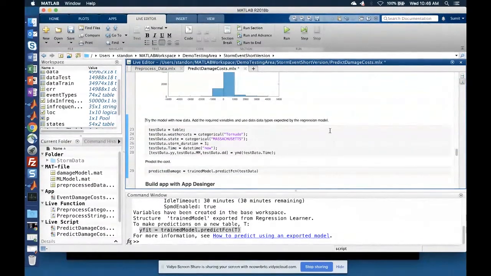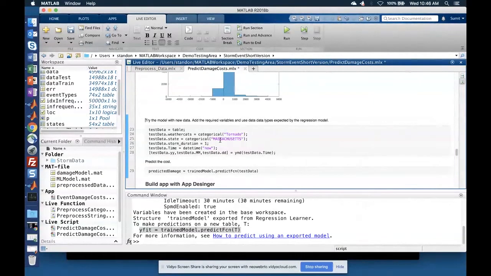Now that I have this whole thing set up, I have been able to automate the process of bringing data into MATLAB, processing the data, and cleaning it up for fitting purposes. I have done some quick exploratory analysis, and I've also come up with a mathematical model that can be used for prediction purposes.